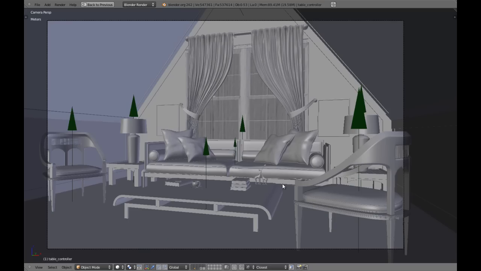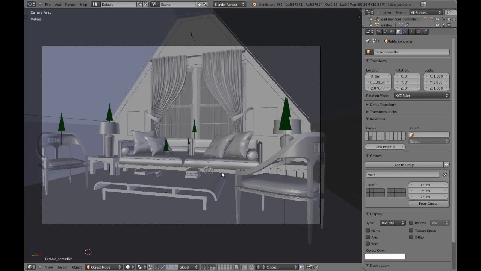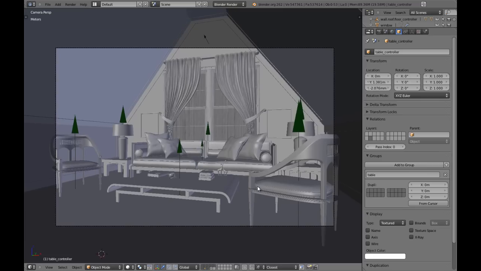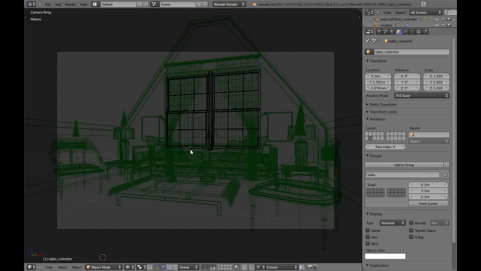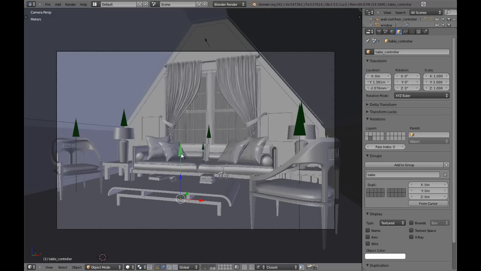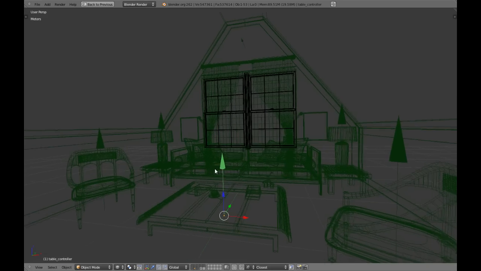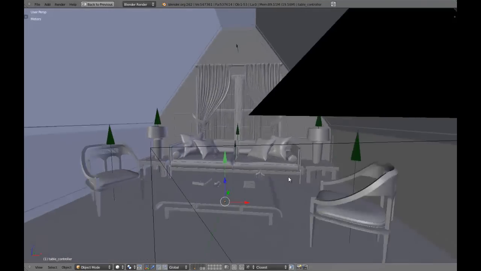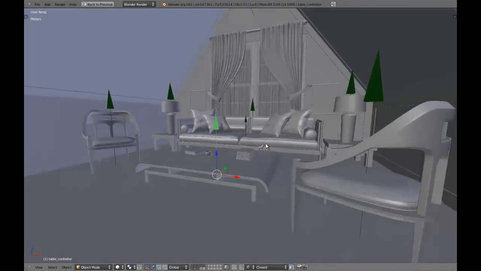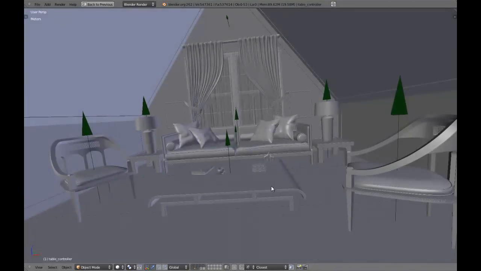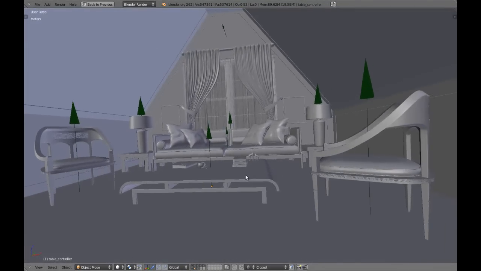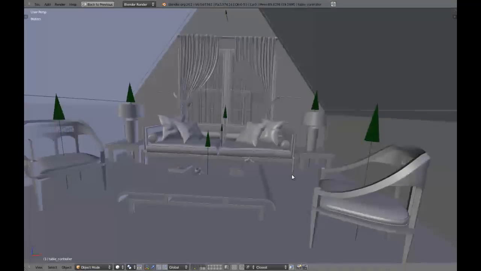Hello guys, we have successfully been modeling all these objects from scratch, and now all that is left is to set the scene. So in this video, that's exactly what we're going to be doing. We're going to append all these objects from those blends we have been creating, and we're going to create